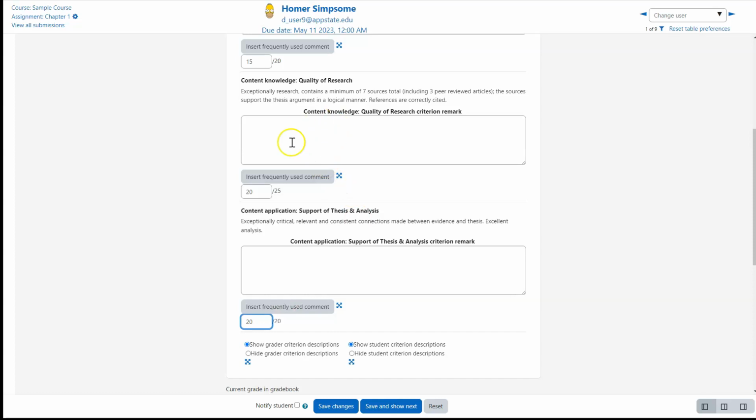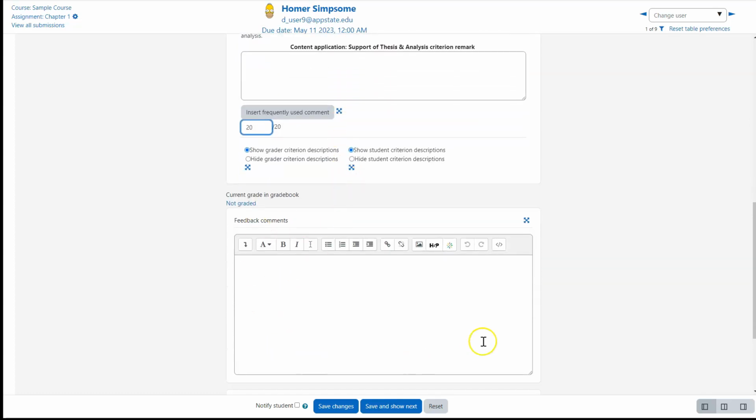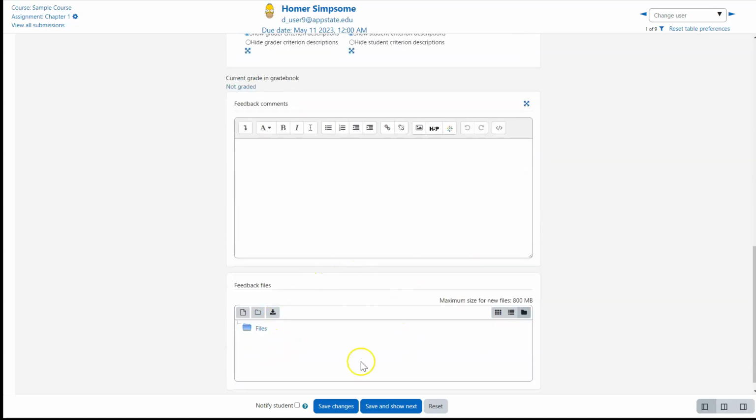And then I can put content or comments in these blocks here. I can also give general feedback, and I can upload a file. If I hit Save Changes,